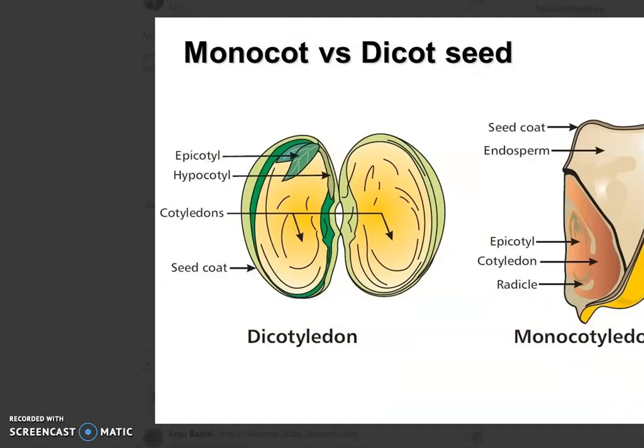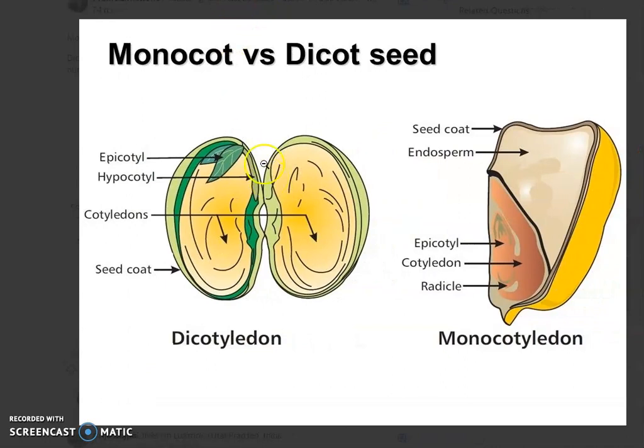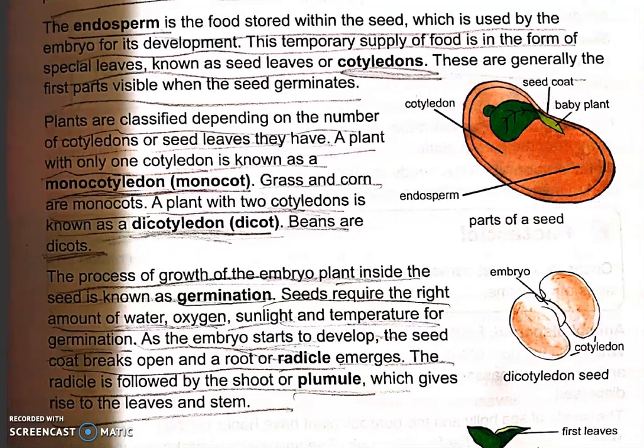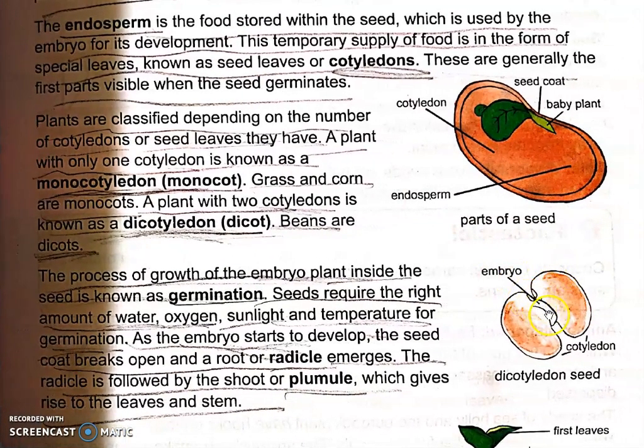Now, like I said, there is a difference between monocot and dicot. See, in a monocot seed, this is the seed coat, this is the endosperm, and there is only this one part of food supply. Whereas in dicots, there are two parts. Di means two, so that's why these two are the cotyledons. These are the seed coat, and this is how you have two food supply parts in dicots. Here also you can see that this is the embryo and there are two cotyledons in this embryo.